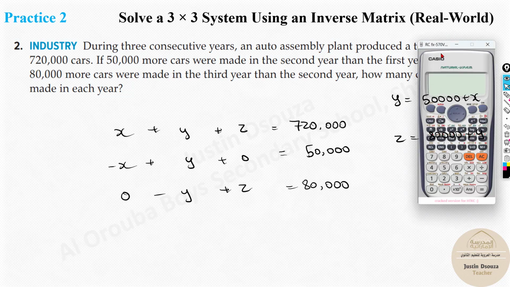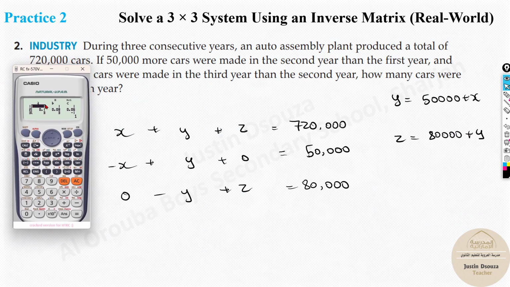Again, we need to go to the same thing, mode 5 3. Now here already there is written, I'll just use this, but it's now 720,000. And over here we have minus 1, 1, and 0. And this is 50,000. And lastly, we have 0, minus 1, and 1 over here for 80,000. And the answers are